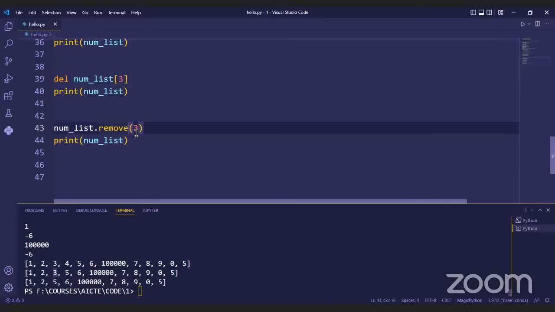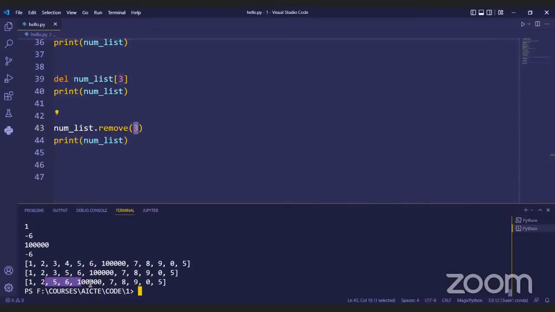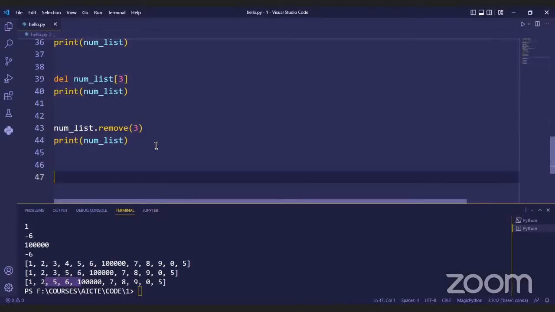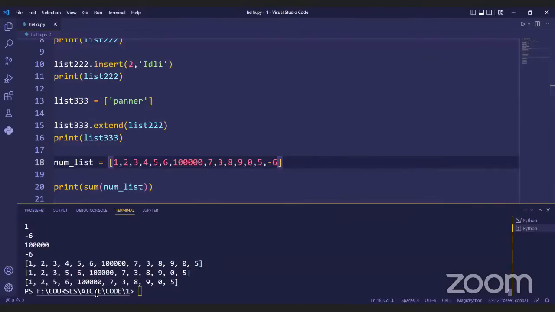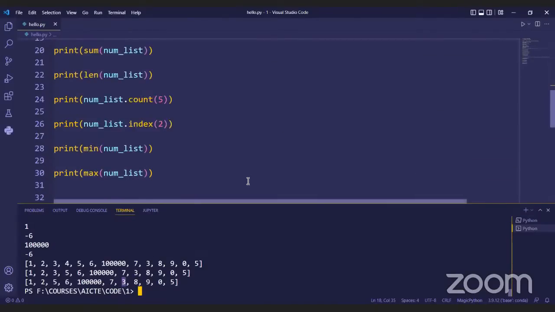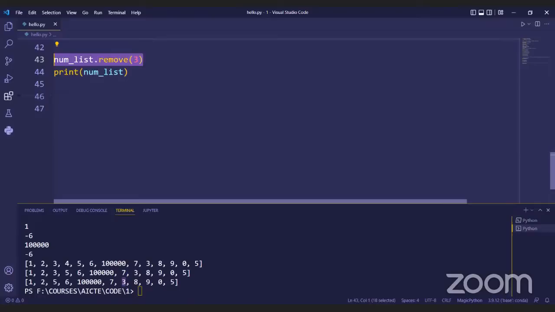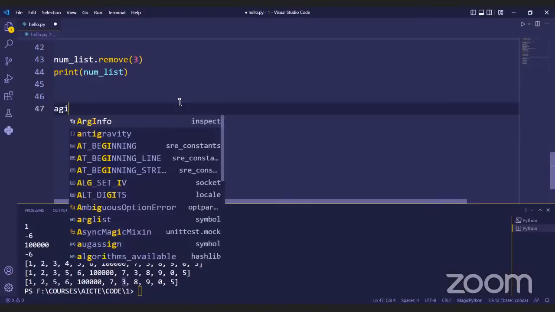So the first time 3 pops up in your list, it's going to just remove it, but the second time, no. So say that I had 3 again here, for example, and I save and run it, the second 3 is there, but the first 3 has disappeared. Okay, so remember that only first occurrences are removed by the remove function. You have to run remove recursively if you want to remove it again and again. By recursively, I mean that you have to run it again